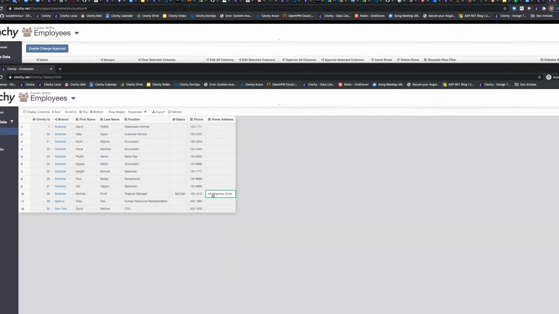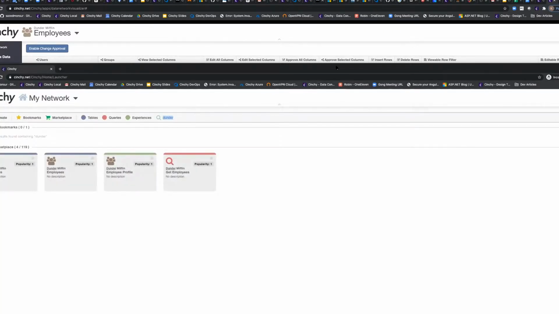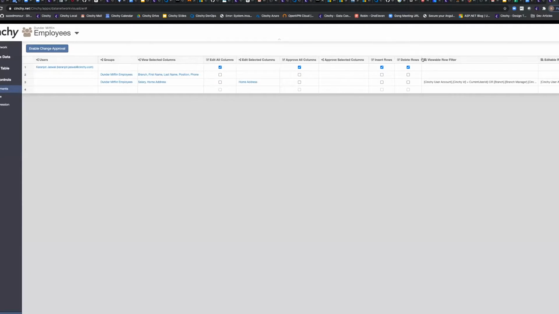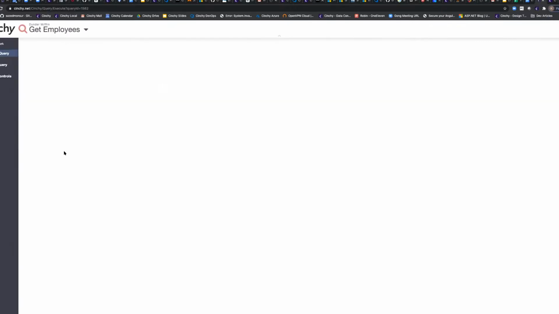So this, you're seeing the controls being applied directly against the data. And this is true for, you're seeing now this in the context of Cinchy's metadata experience, which is this out of the box UI where I'm able to go in and look at the data inside of any table and experience that data and interact with it. If I now want to look at or access this through different channels, so that's in the context of that metadata experience, looking at the table. Now, let's look at some of the other objects or ways in which you can go about accessing this data.